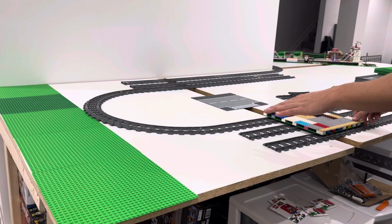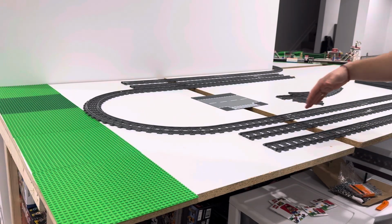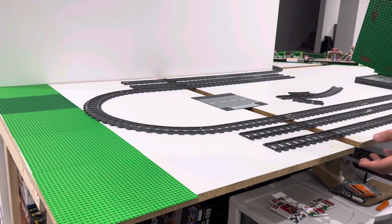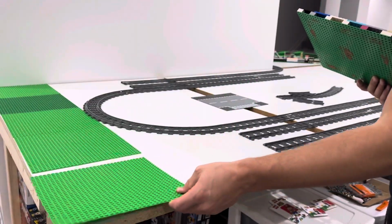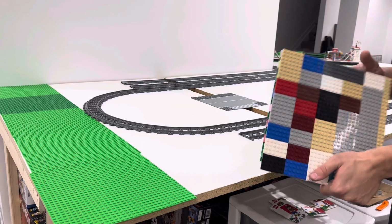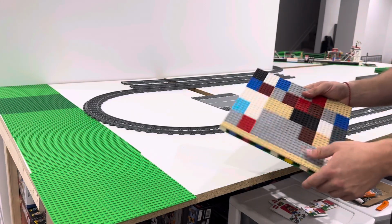So are we waiting for all those? I've mapped out 3 train tracks, which will be a huge tri-level layout around our Lego city, but it doesn't just stop there. I'm not going to be using the standard boring base plates. Like I said, I want to be making our own mock city. So I went ahead and ordered about 10 plates worth to make